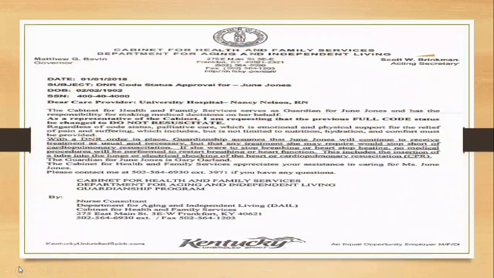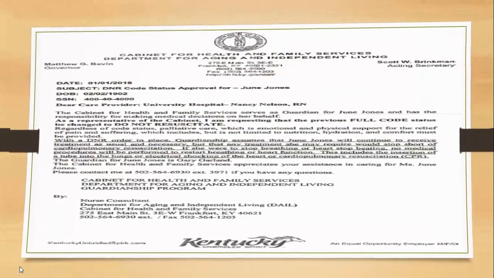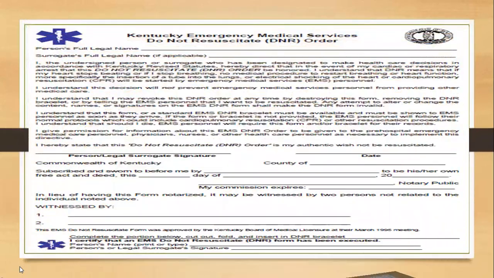When nurse consultants approve a DNR, we call the facility and tell them that the code status change has been approved, and then we send them a written approval. This is an example of what that approval looks like that we send to them. Most facilities will request an EMS DNR order be signed. The nurse consultants cannot sign this form. Nurse consultants review the requests when they come in and ensure that they are medically appropriate but cannot sign consents